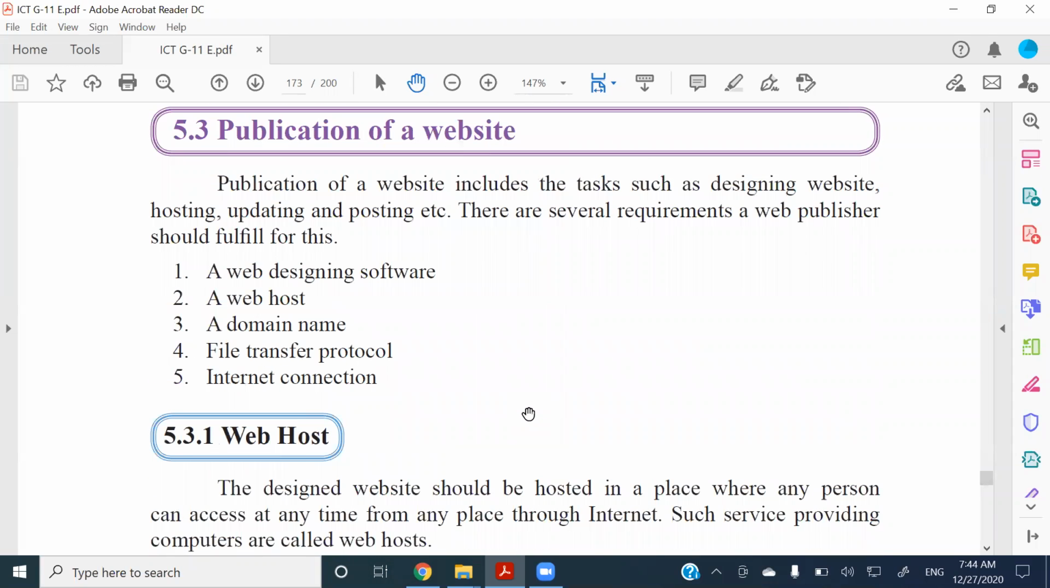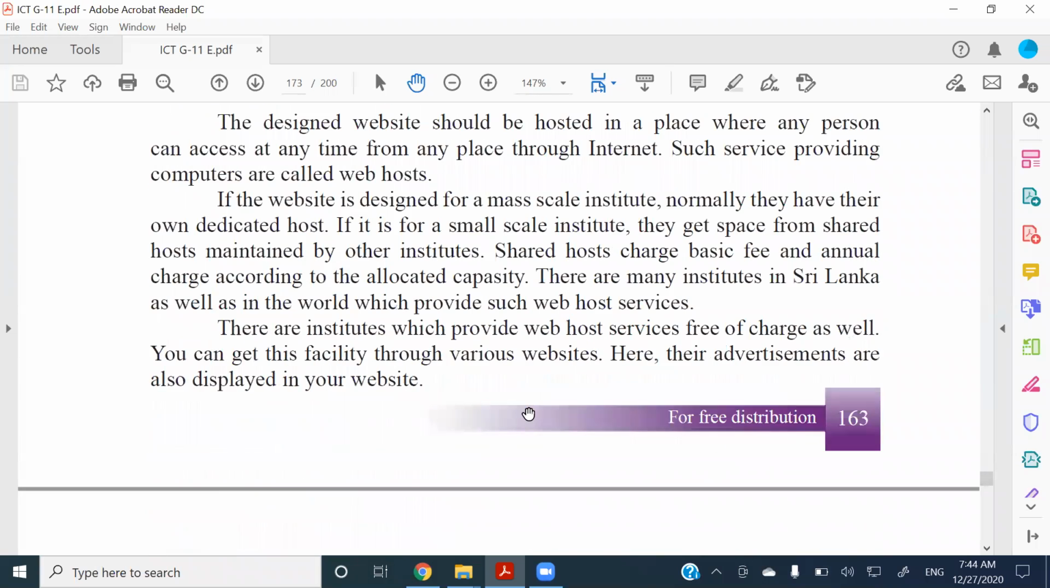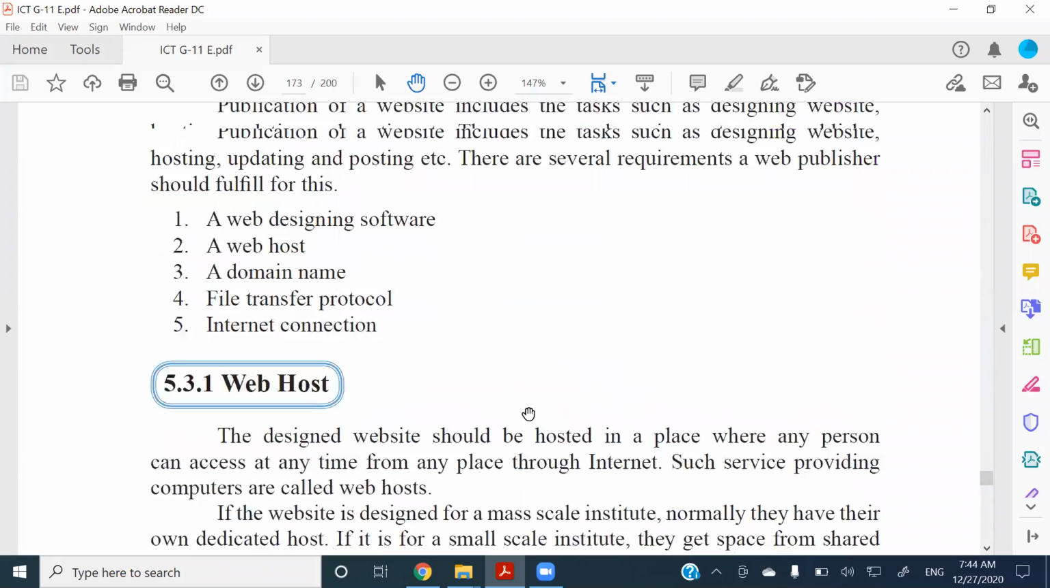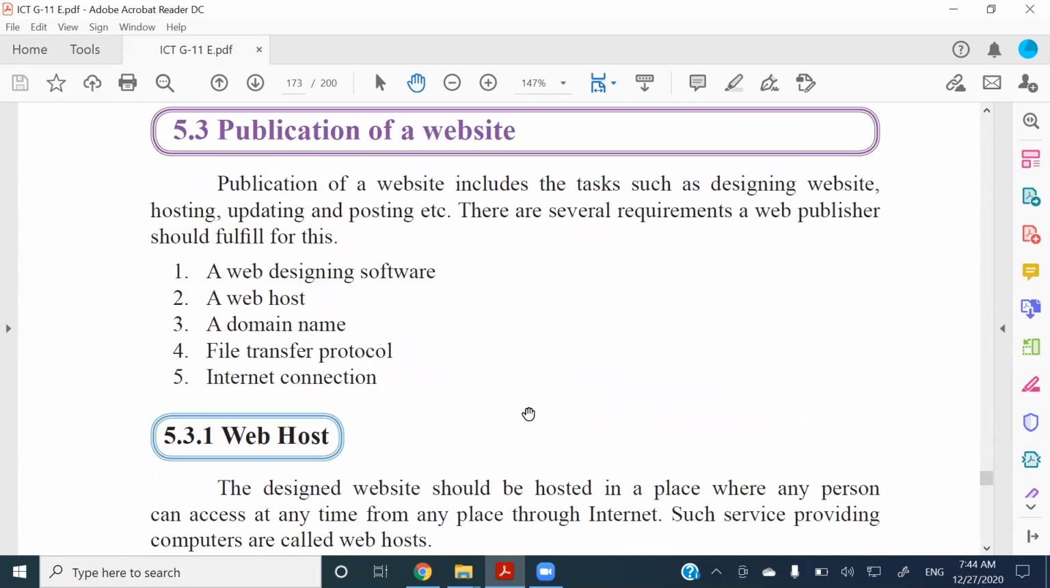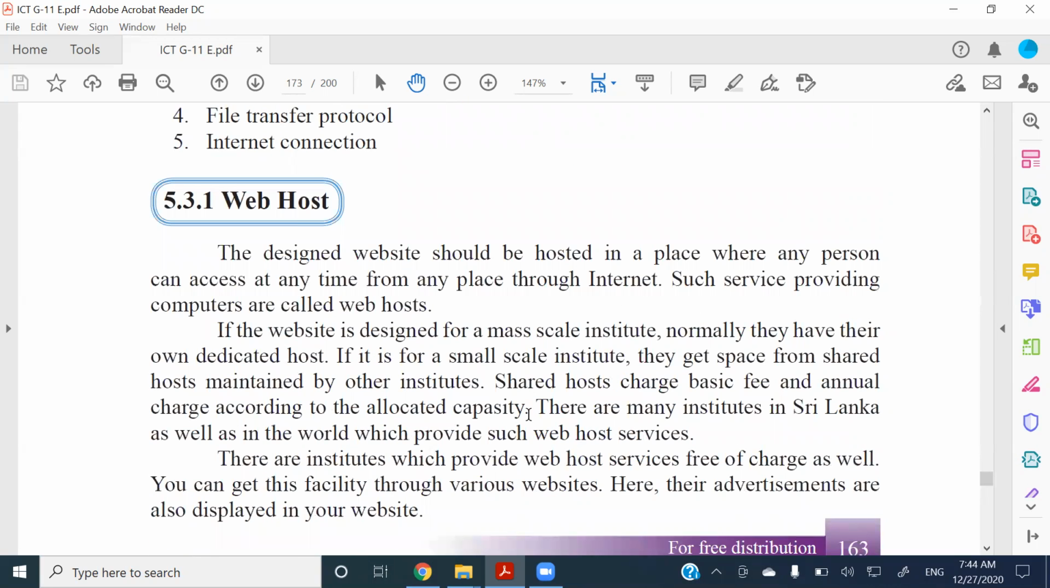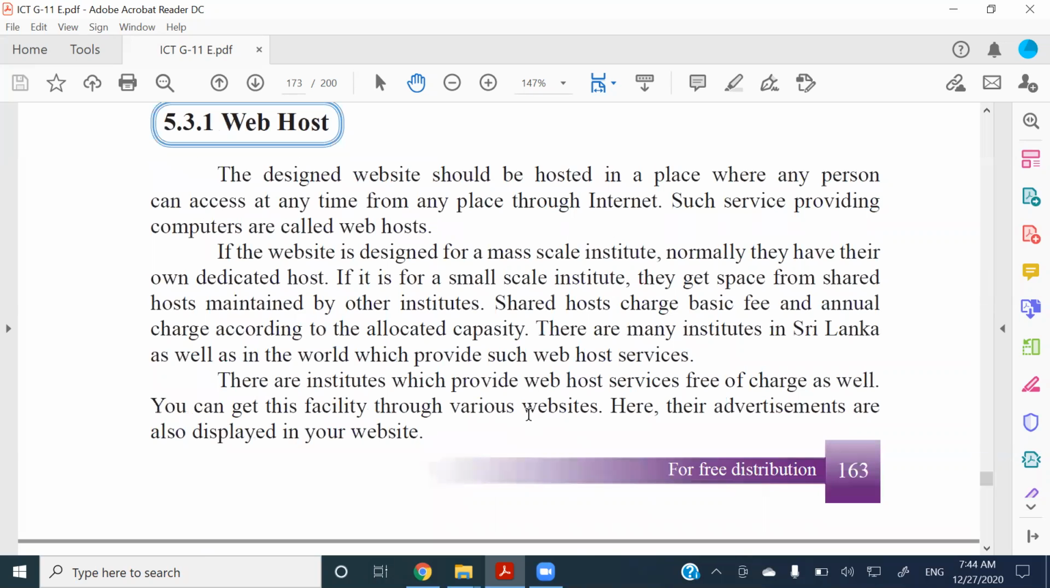So publication of the website, we have talked about this previously, so I'm going to walk through very quickly, right? So these are the components we need to publish our website, which is a web designing software, the web host, domain name, file transfer protocol, where to transfer the things which we have designed in our computer, and an internet connection. So we were talking about the web designing softwares previously, like all the lesson is about the web designing softwares. So they have told you about the web host, right? So